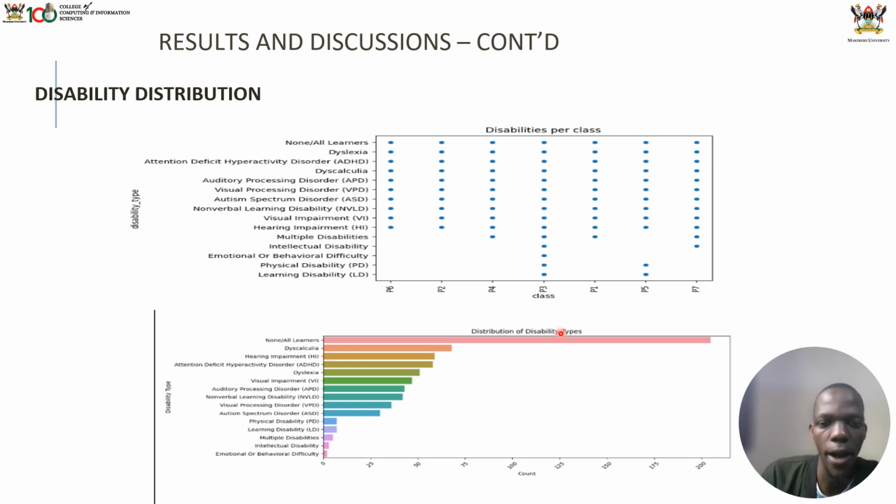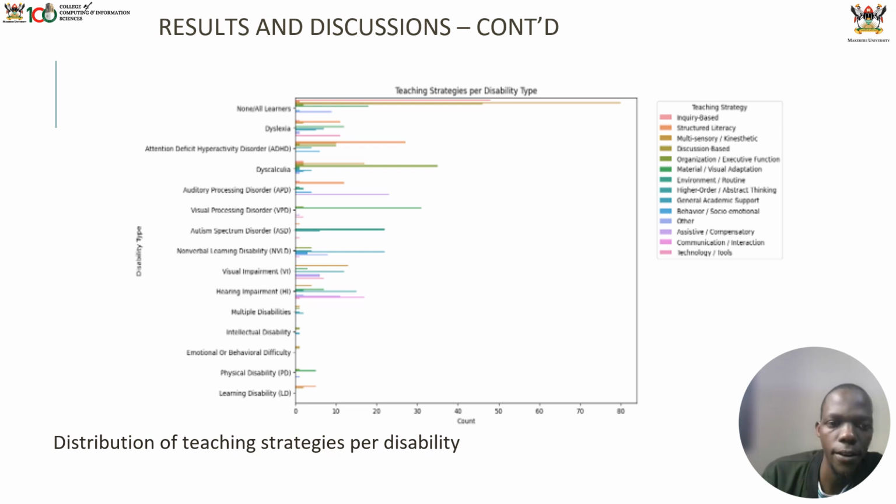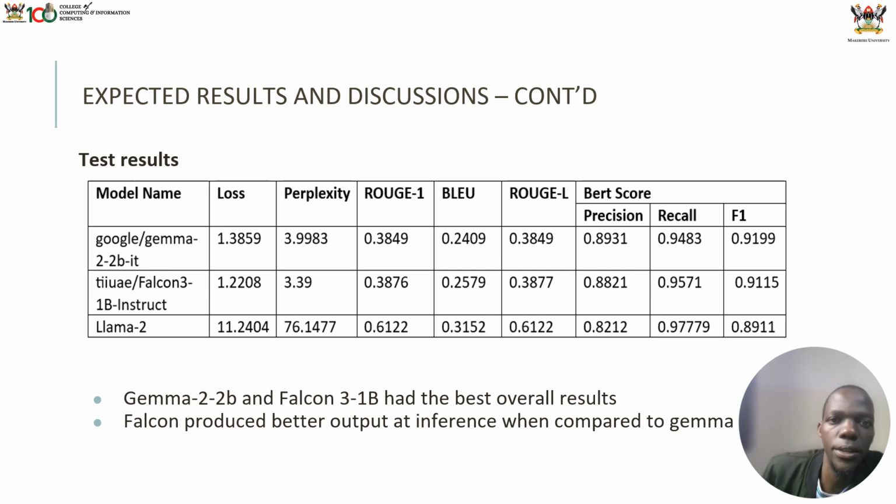Here we have the distribution of the disability type. You can see that our data set was somewhat biased, in that it had a lot of rows with people with no disabilities, and the intellectual disability and multiple disabilities groups, of course, were not represented as much as the rest. So I think that might affect the functionality of the model, but nevertheless, furthermore, for further understanding of the model, here was the output.